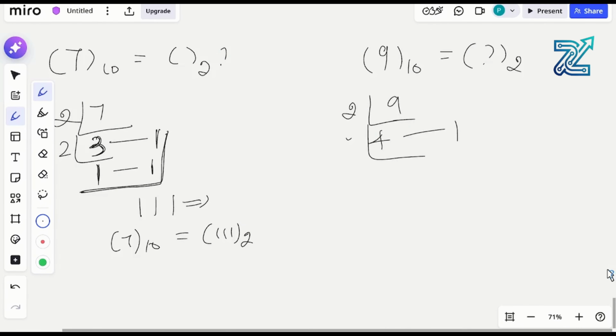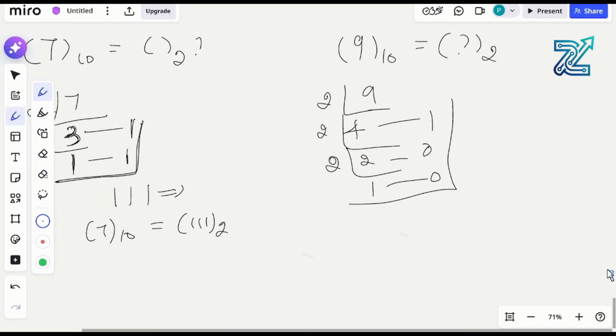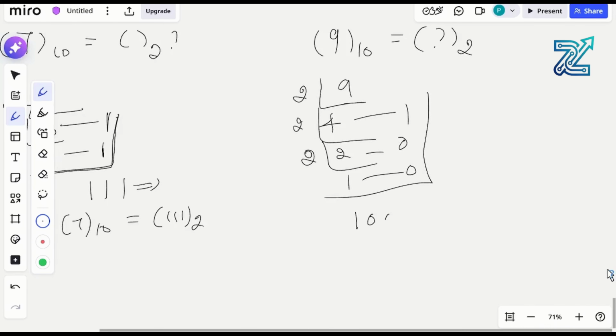Then 2 2s are 4, our remainder will be 0. Then 2 1s are 2, our remainder will be 0. So we need to look from bottom to up. So our binary value will be 1 0 0 1. So 1 0 0 1, right? So this is the binary value for 9 with base 10,